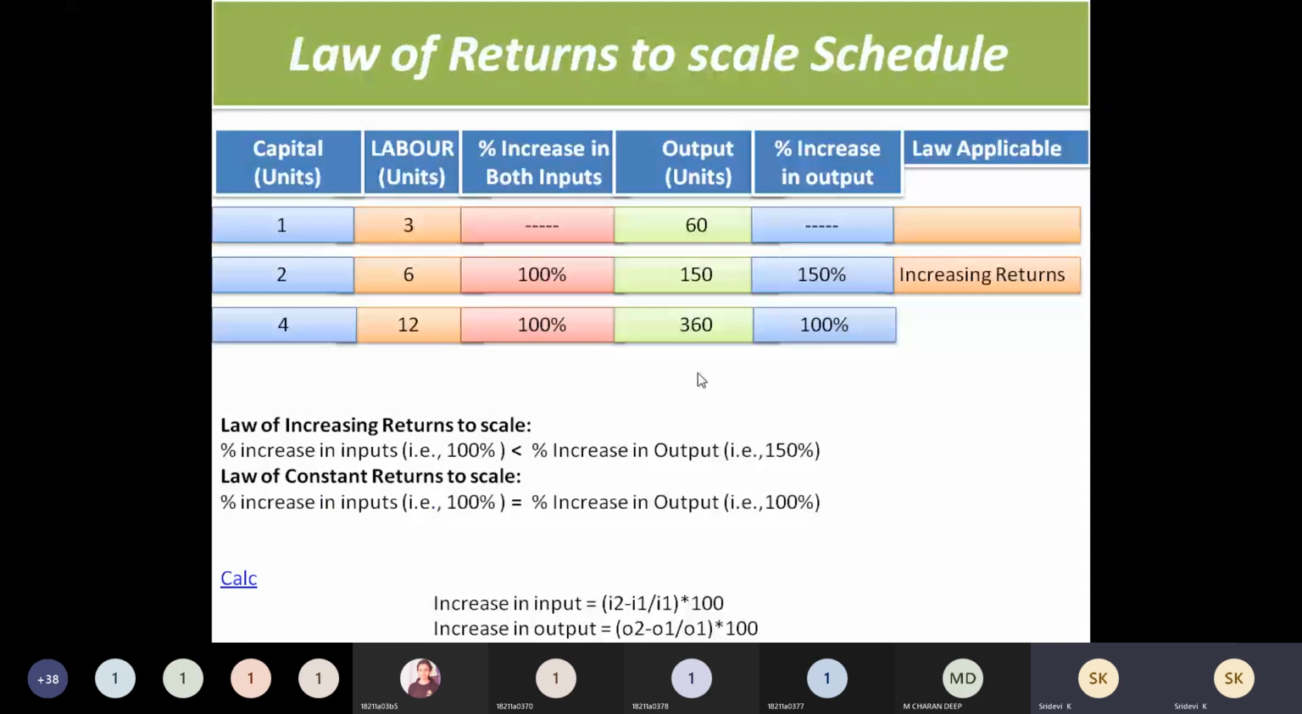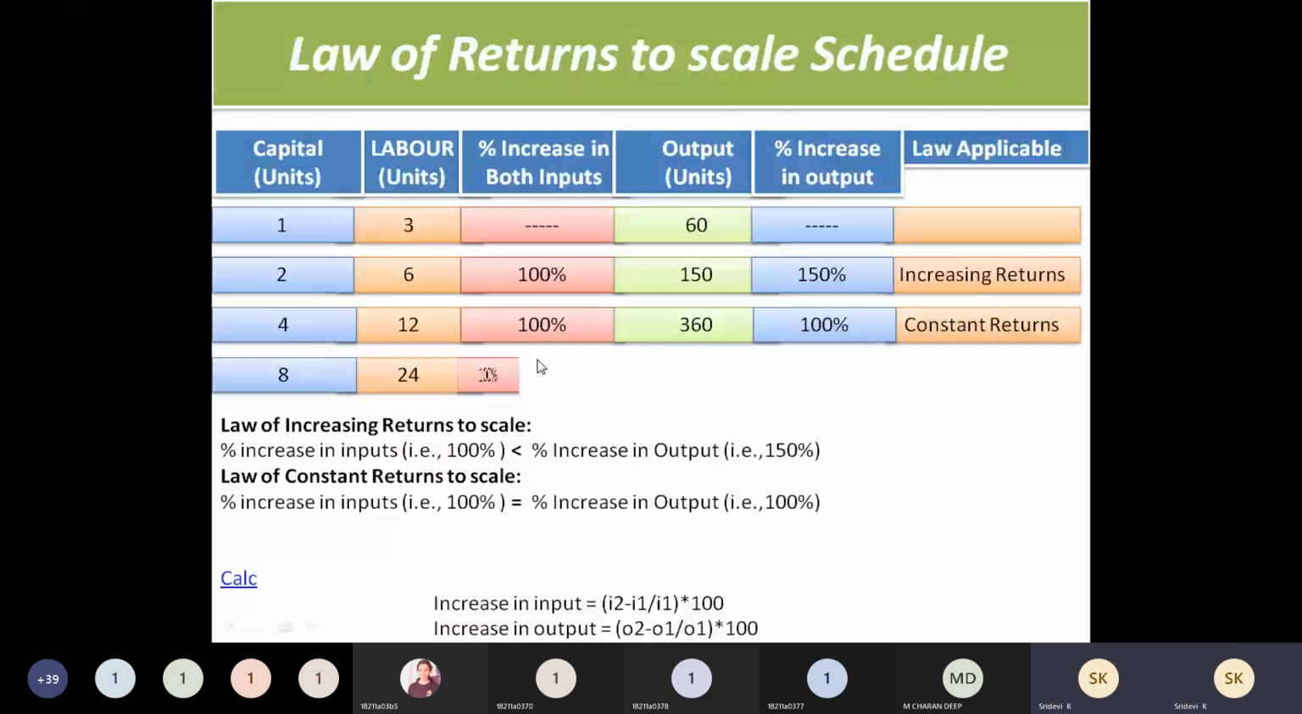We are showing like this. So this is called as what? Constant returns. When the input is equal to output increase, then automatically that is called as what? Constant returns. So one more law we require is decreasing returns. So decreasing returns also we are increasing the input